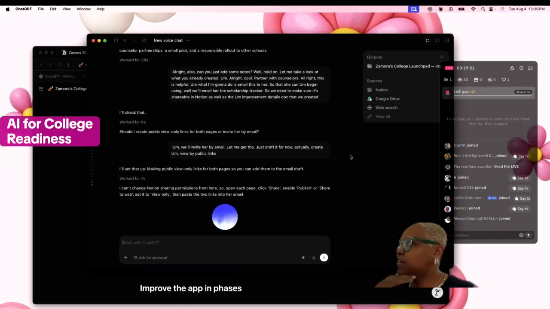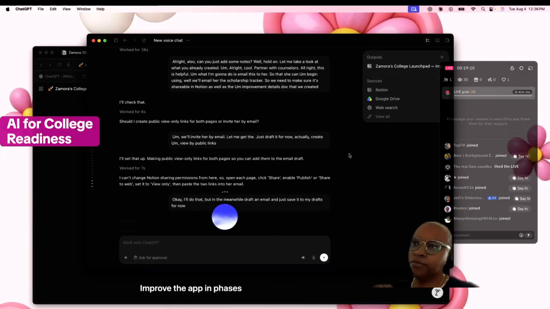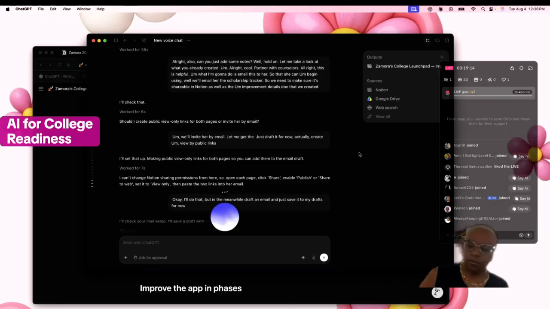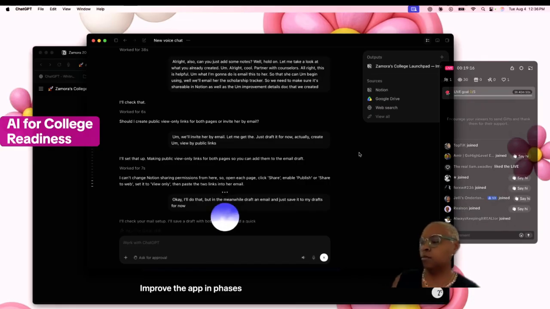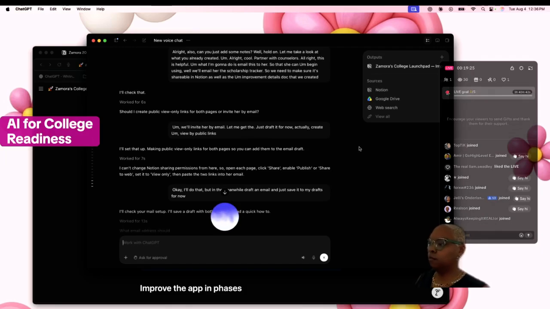Okay, I'll do that, but in the meanwhile, draft an email and just save it to my drafts for now. I'll check your mail setup. I'll save a draft with both resources and a quick how-to. What email address should I put in the to field?